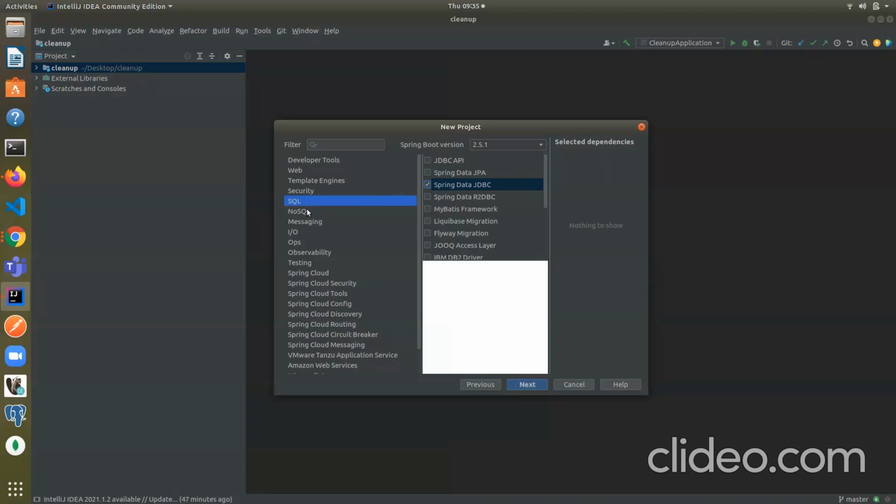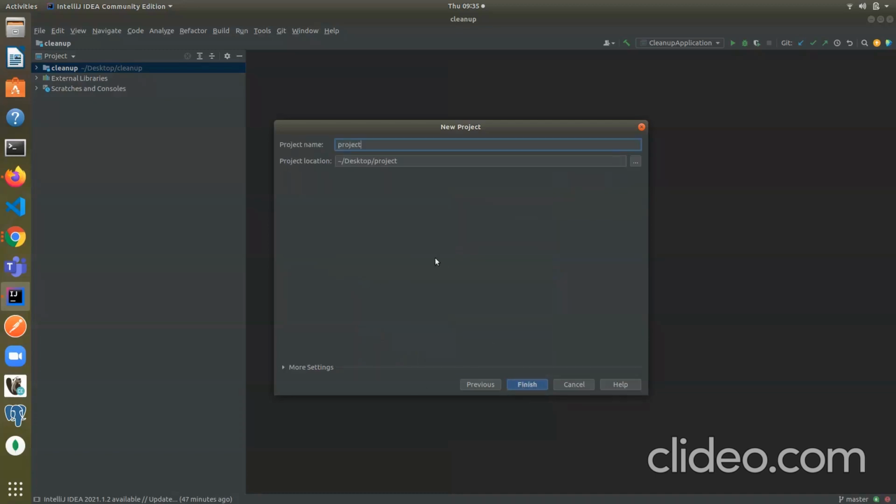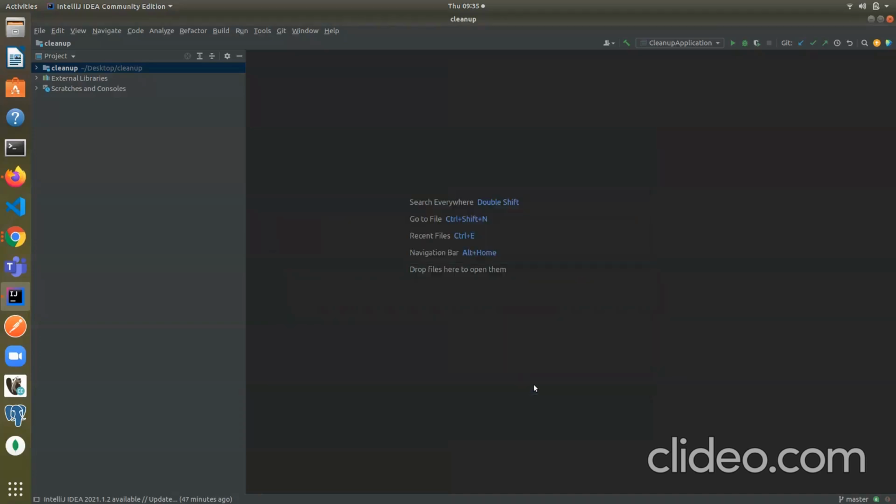And if you're using MongoDB or something, here you can use Elasticsearch, or you can use MongoDB and all those dependencies. Basically you have to choose all the dependencies that you need for your project. Since we are creating our basic project, there is no need to choose everything. Choosing Spring Web is enough right now, and after that we'll go to Next. And once you're there, your project location is under your desktop, there will be the project. So I can simply finish right now. I am going to open this project in this window only.